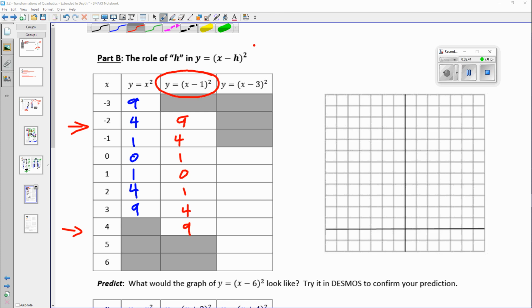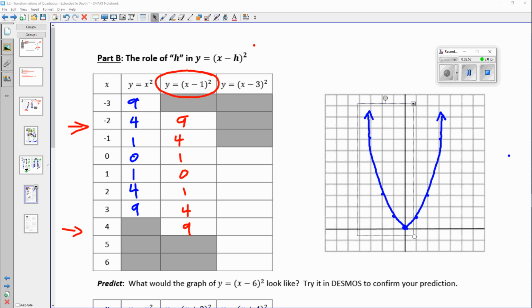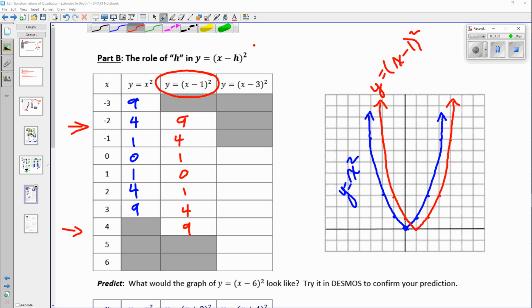So right now I'm going to ask you to pause the video and graph the y equals x squared box. Then I want you to graph the y equals (x minus 1) squared graph, and let's see what comes up. So here we have our y equals x squared graph. As you can see, once we've graphed our lines, when x squared turns into (x minus 1) squared, every point in our graph has literally shifted to the right by 1